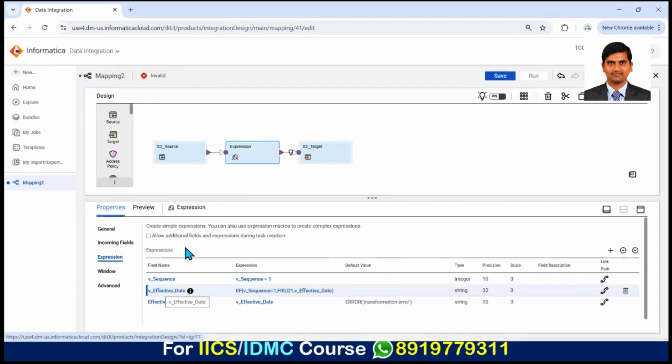So variable fields, we cannot take them out of this transformation. We need the help of an output field. So we are taking the output field and assigning the final value to this one. Okay. Next,